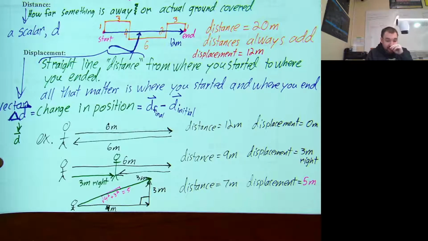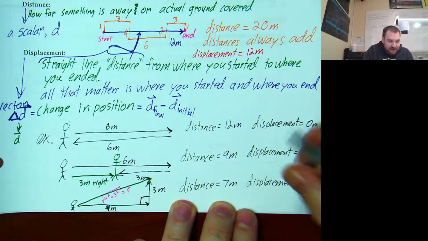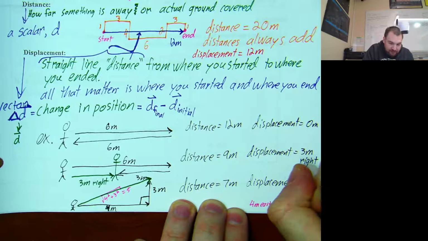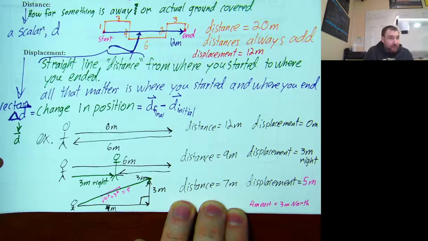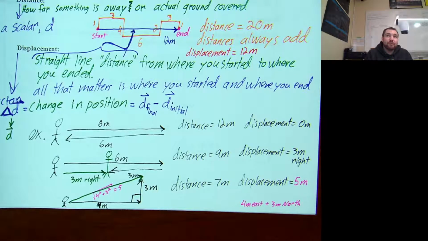Okay, so there's a few ways that we can quote this. You could say that this 5 meters is where he actually is relative to where he started. This 5 meters, some direction we haven't determined yet, could be considered 4 meters east plus 3 meters north. That's one way that we could say where he's gone. Or